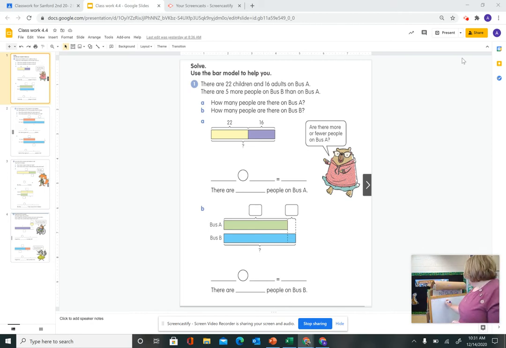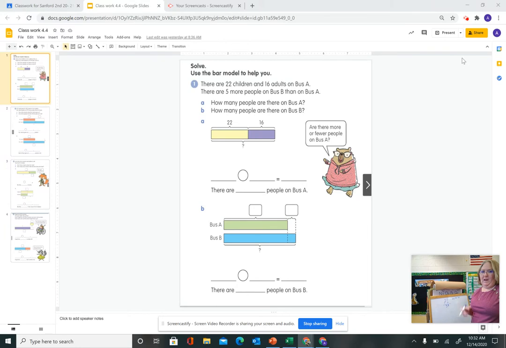So we would add 22 plus 16, right? So 6 plus 2, well, that equals 8. And 1 plus 2, that equals 3. So we know in our number sentence, we can write 22 plus 16 equals 38. So we know there are 38 total people on bus A. 38 total people. So now on the bottom part, it says bus A in green and then bus B is